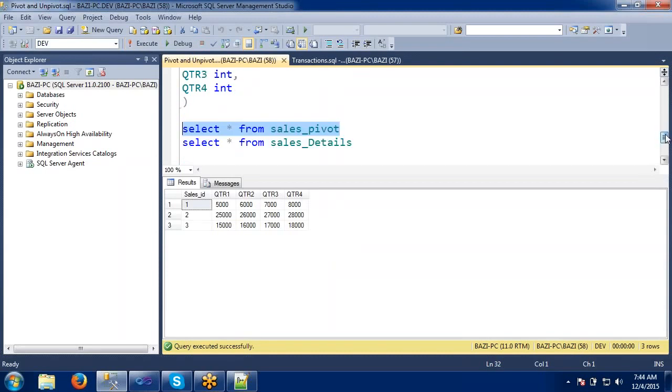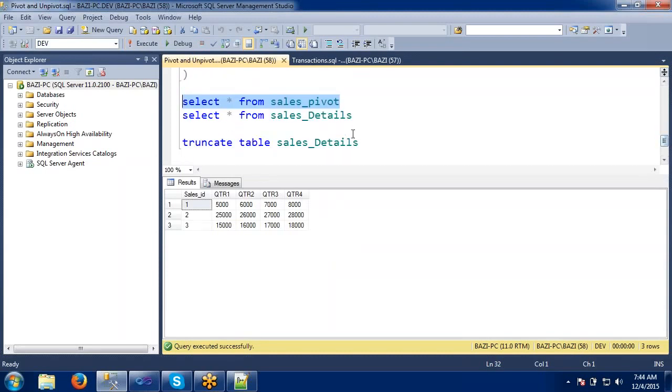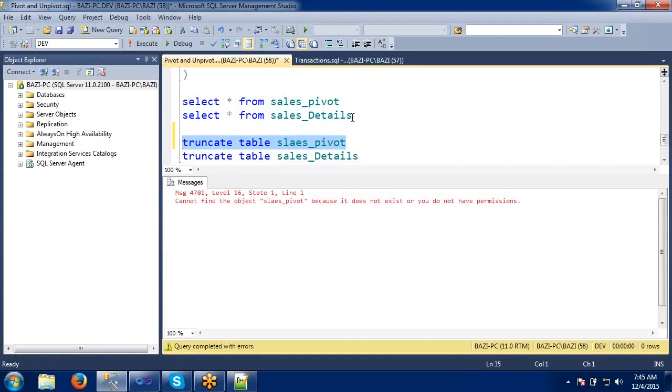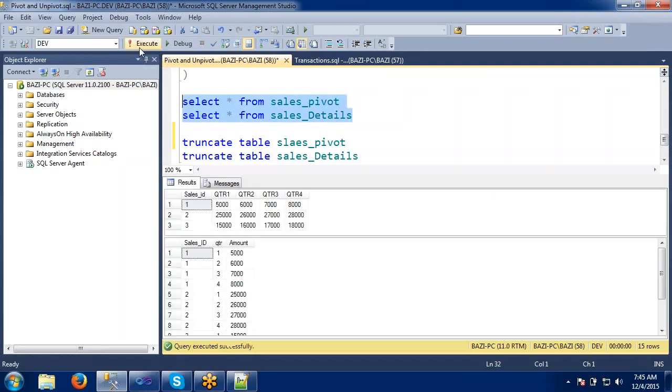I think there is data that exists here. Let me truncate this one. So when I do the pivot, the value should be converted like this. Quarter 1 for the sales ID, the value should be 5000. If you observe this one, the values are pivoting here, right? Let me open both at a time.